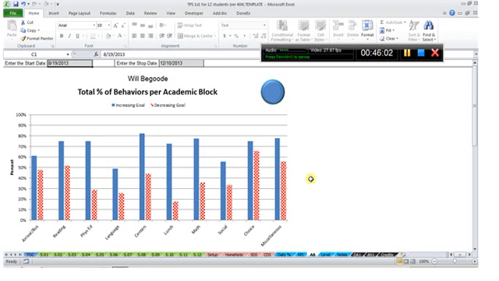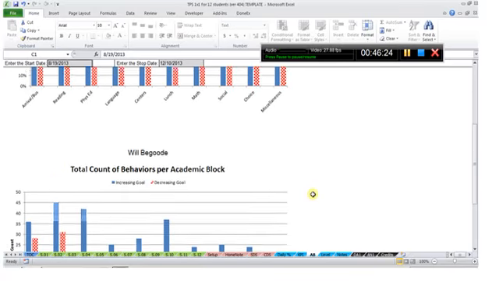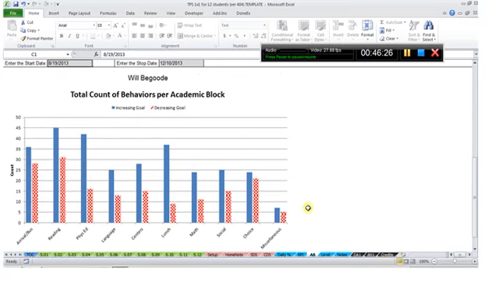Okay, now we look at this graph, but because it's a percentage, we don't know how many times each of those academic blocks appeared. In fact, it's a very important question to ask. How many times has Will gone to choice, and how many times has Will gone to miscellaneous? Are they the same? Well, let's take a look at the graph below. This is the total count of behaviors per academic block. So this is telling me that